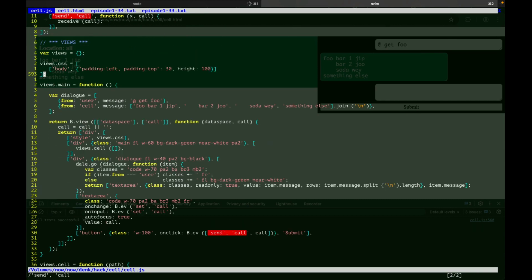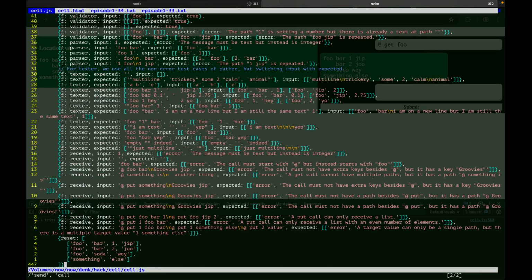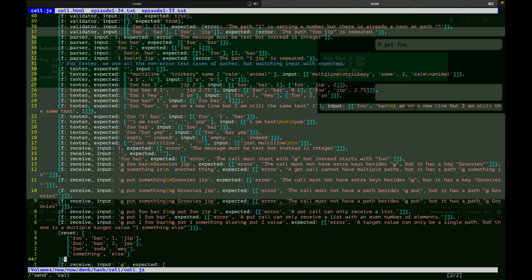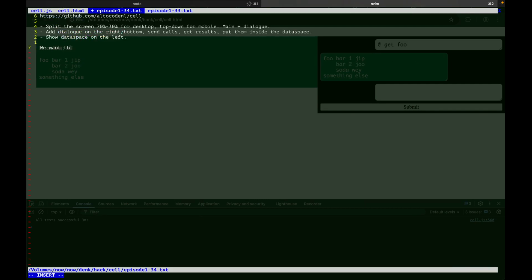I just want to see it working. Nah, let's just do it. Do we want the dialogue in the data space or not? Yes, we want it because we want the cell to contain all of the information of the cell. The dialogue is an integral